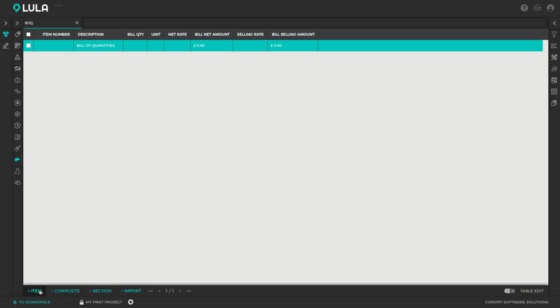You've got the plus item button to add a bill item, you've got the plus composite button to add a composite bill item, and you've got the plus section button to add a section or a heading to your bill of quantities. Right, so let's say we want to add a subsection here below the bill of quantities for all